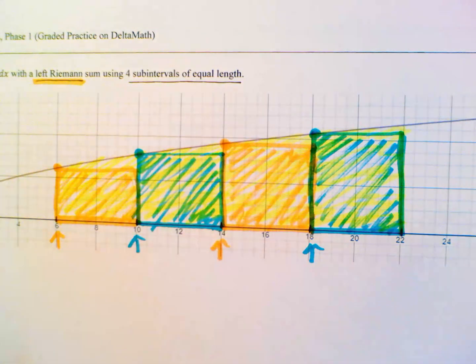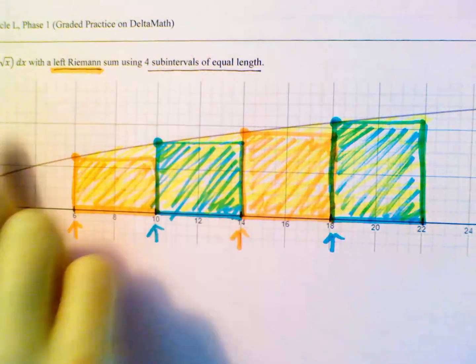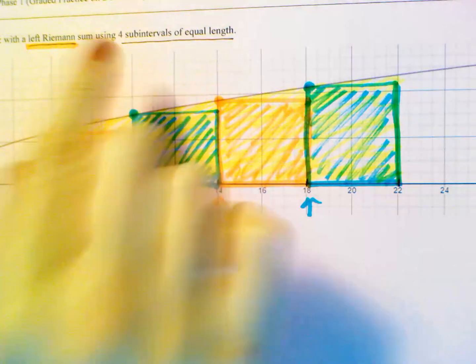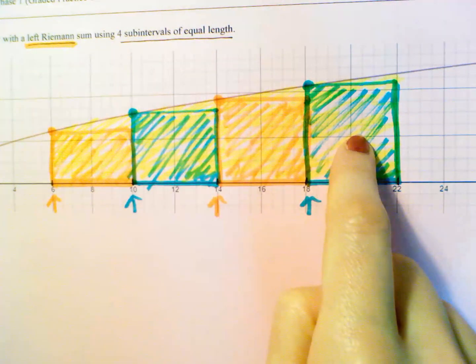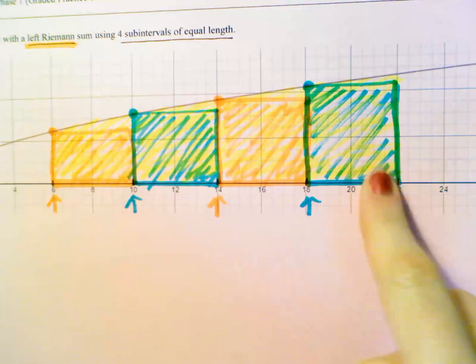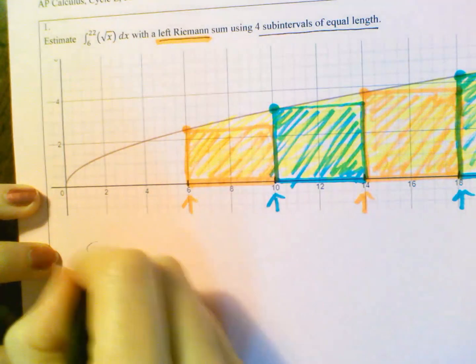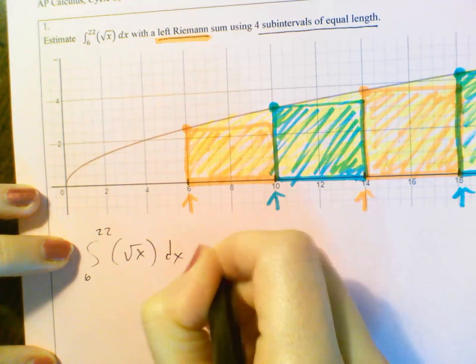Okay, so here's the thing, guys. We know how to find the exact area because we know the fundamental theorem of calculus, so we could have just used that. But they're asking for an estimation. So if you take the area of each of these 4 rectangles and you add them together, that is going to give you an estimation for this total exact area under the curve from 6 to 22. So this integral from 6 to 22 radical x dx is going to be approximately,